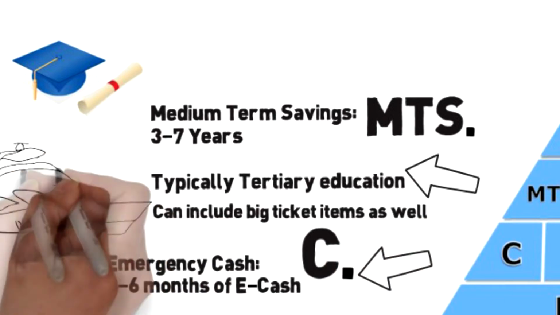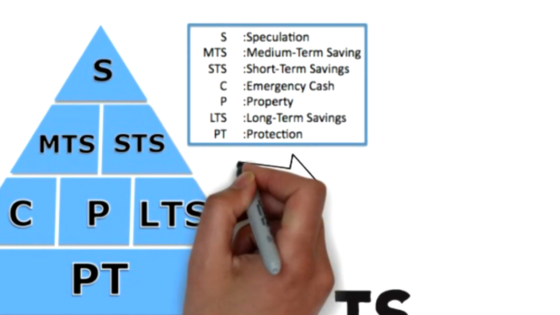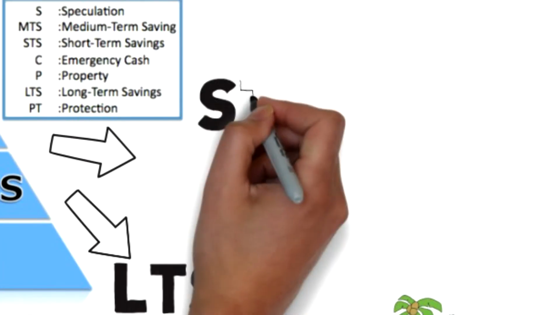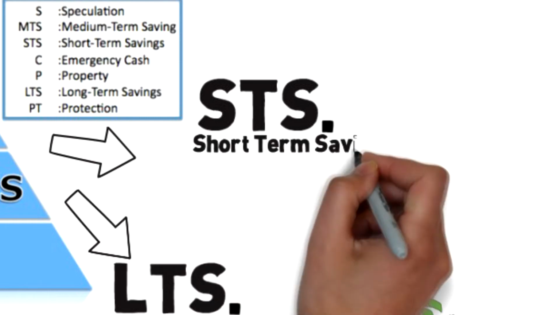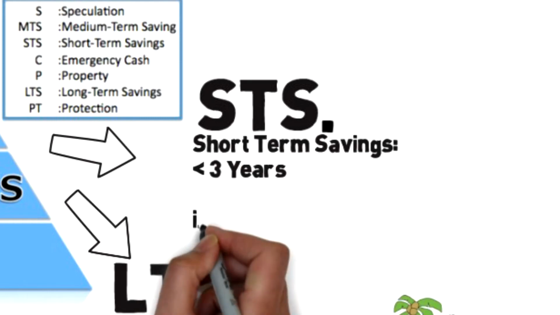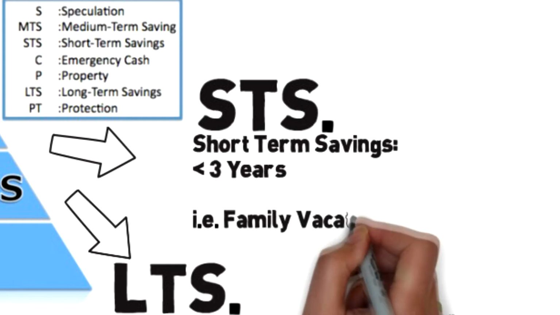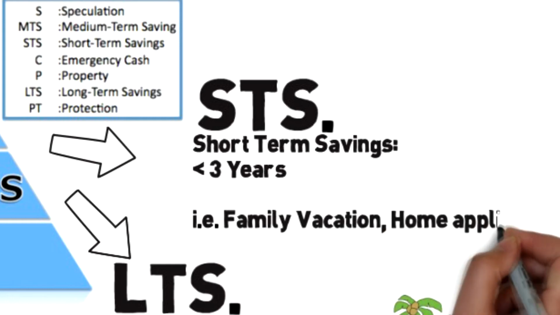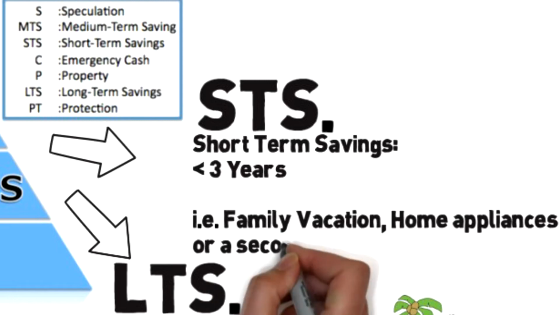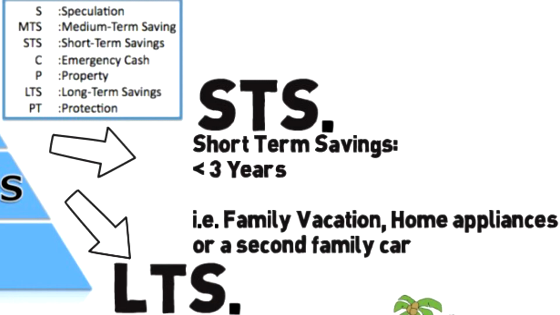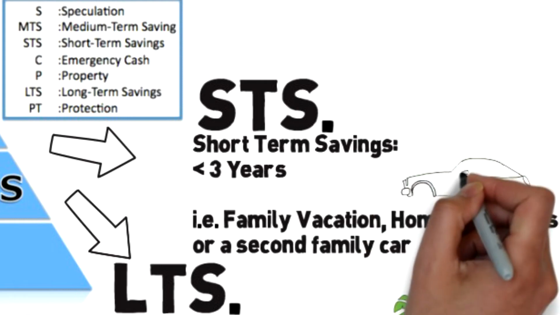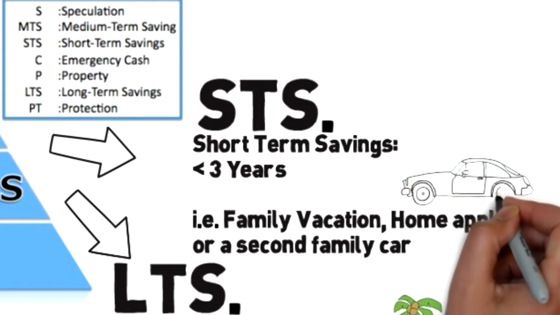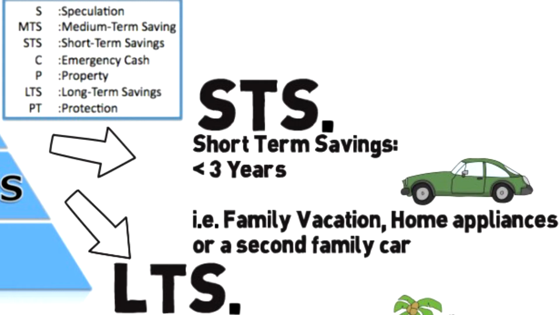Moving to the next item within that layer here is short-term savings. Short-term in this respect is anything between 1 to 3 years. What we typically find in this goal are things like your annual vacation or even the dream vacation that you always wanted to take, which you save towards over a time frame of, let's say, 3 years, or also electrical appliances for your house, or also the second family car, a used car, things like this.